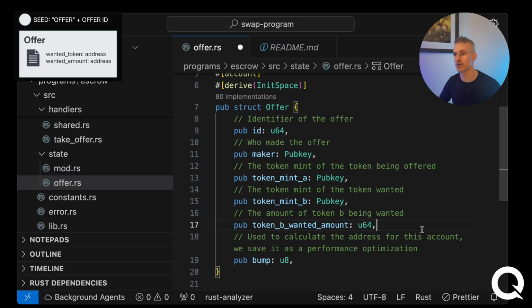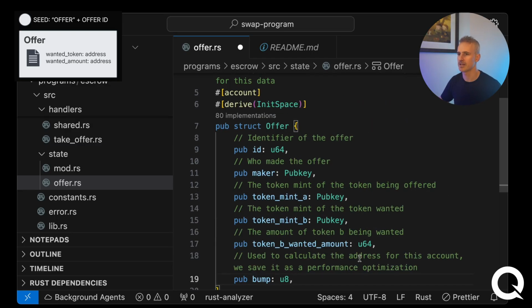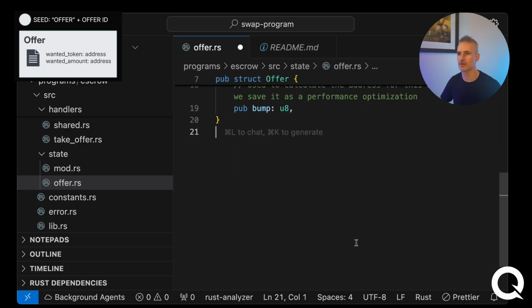The amount of token B they want in exchange, and finally a bump. Because the address for an offer is actually calculated by particular input seeds, the text offer and an ID, we save the bump because that's used to calculate that address, and this will speed things up a little bit later on. Save that file, and then let's go and create